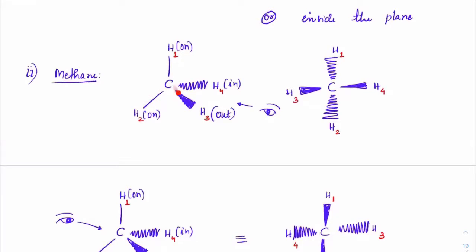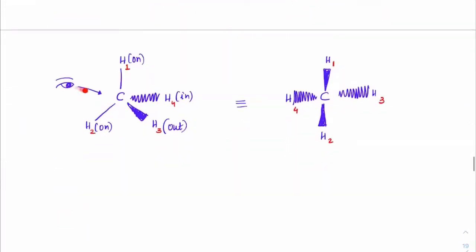This is a three-dimensional structure, and if you view it from this end, these two groups will lie on the horizontal plane here, and these two would go onto the vertical plane here. The same can be visualized from this end also, where you have 1, 2 on the vertical line and 3, 4 on the horizontal line. This way we were able to represent it.